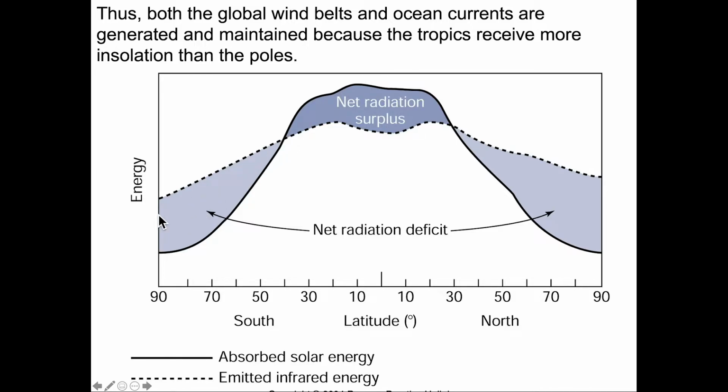So we're taking this excess radiation, this net radiation surplus, and we're redistributing that radiation to the higher latitudes, to the north here and to the south here. We're doing this distribution, or this sharing of the wealth, the insolation, via heat transport as it's carried in wind, as it's carried in ocean currents, and importantly, as it's carried as latent heat.